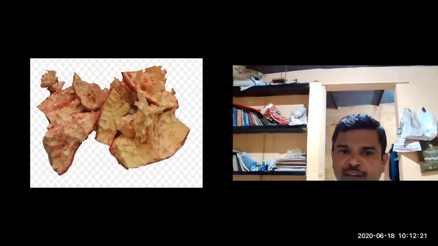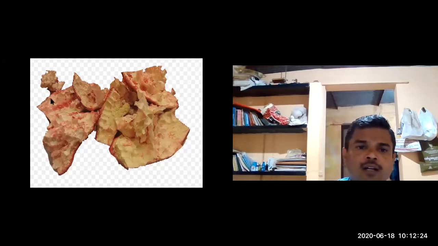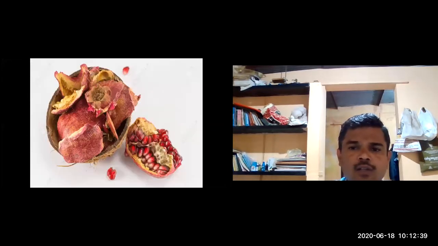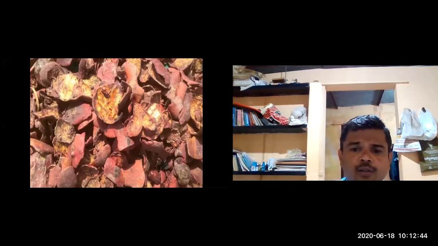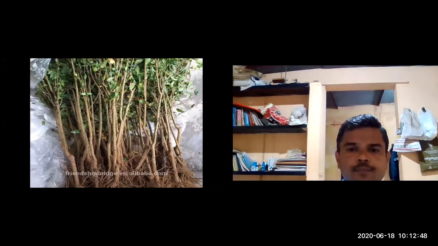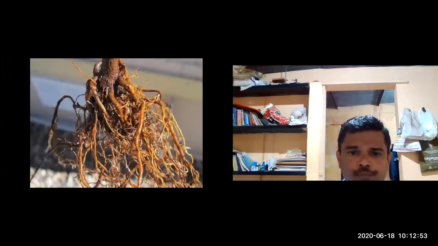Okay. So this is the dadima falatwak. In the fresh state, you can observe that even the watery content is still present here. So this is the fresh outer layer, the epicarp of the fruit. Okay. So this is the fruit. And this is the picture after completely drying. In this picture you can observe the roots of dadima. This is another picture of dadima, which shows the roots.